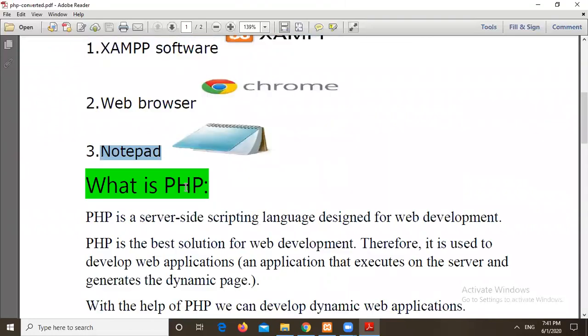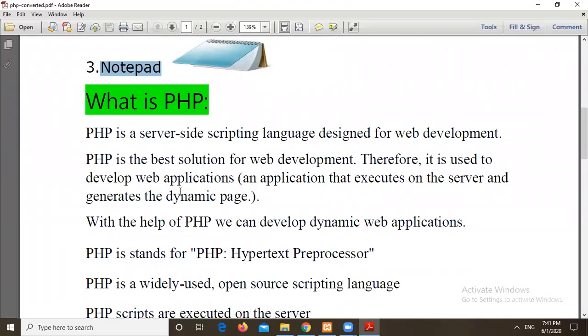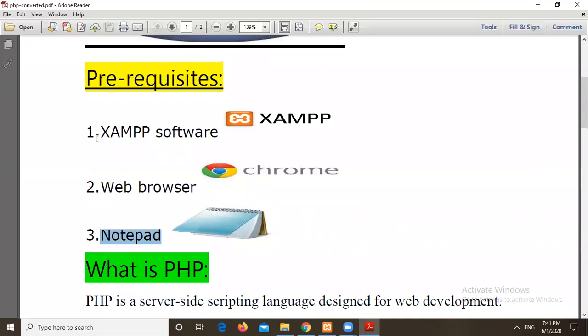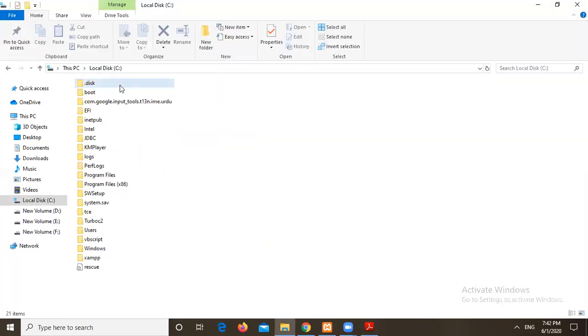Fine. Now we are moving to write a simple PHP script to print your name, right? For that I need to write a simple program at the server side, where our server is installed. By default on the Windows platform, every software that we install will be stored at which drive? C drive. So I need to move to the C drive location.